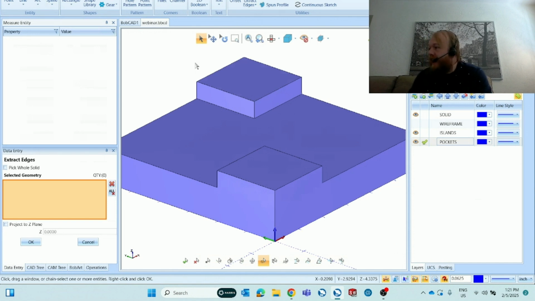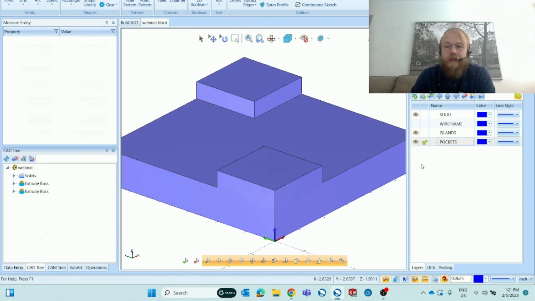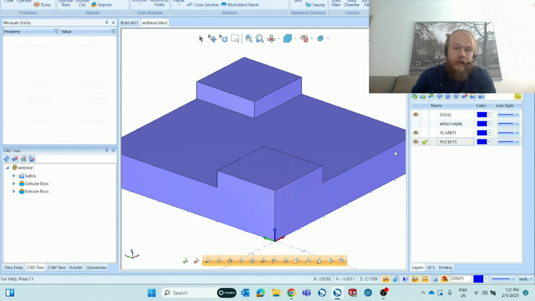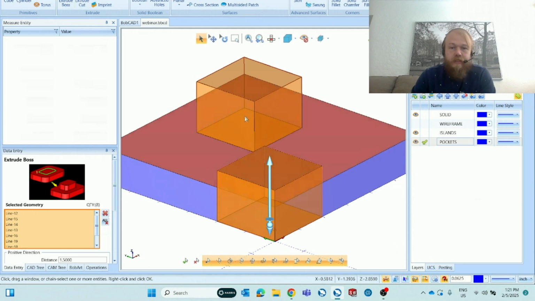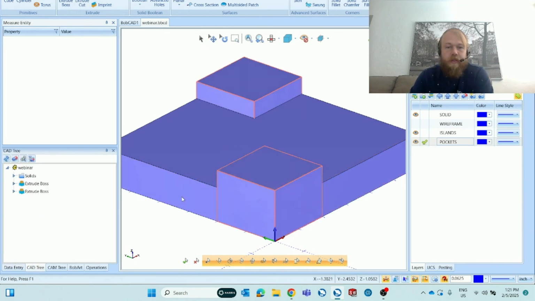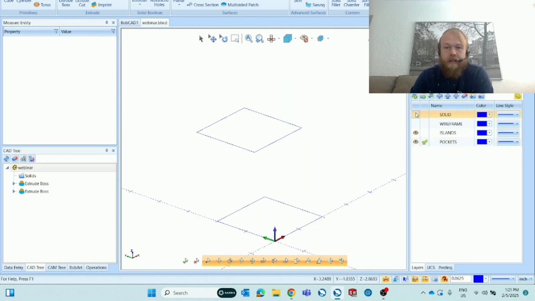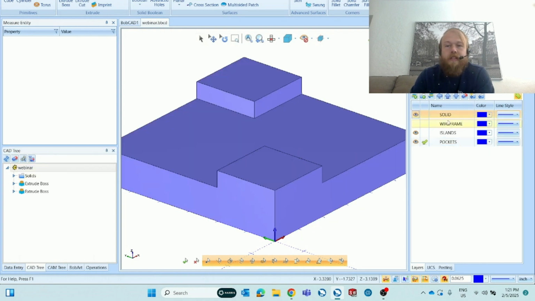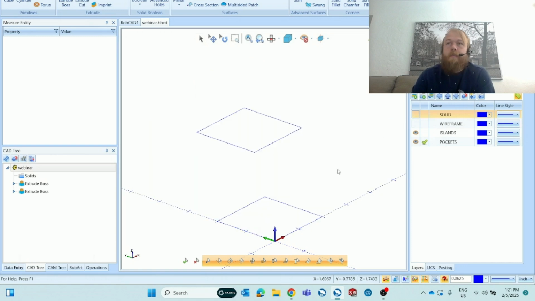David, good question. Why do the island bosses get added to the solid layer even though the green check is on island? That's a good question. So we are in, and you guys saw that. When I went into Extrude Boss, I extruded up these two islands, even though the layer is active with the green check mark on pockets, it creates those two extrude bosses on my solid layer because I already have the base solid on my solid layer, and